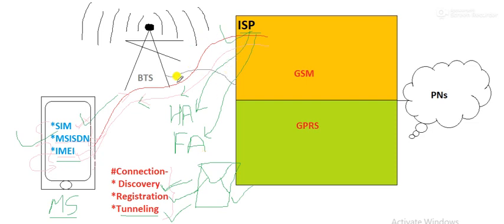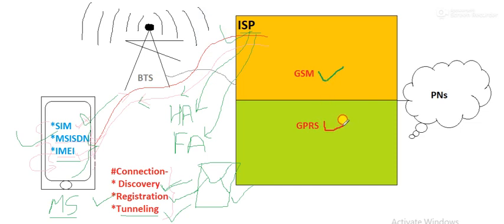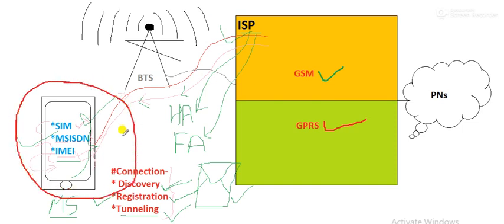So this is a general brief introduction: how the communication or the registration happens, and what parameters are used. Very, very important thing, don't neglect it. You should mention at least some points from those if the question is asked, like explain the GSM architecture, or explain the GPRS architecture too. You should explain those parameters at least.